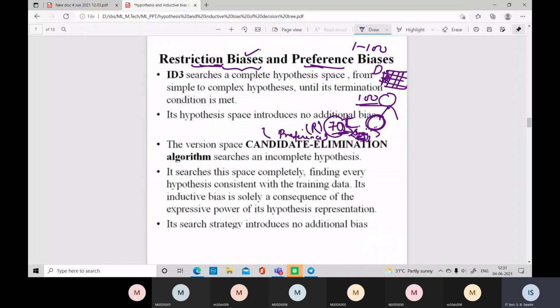Okay, so these two techniques we can also incorporate, but they are optional. If the data set is very large, we go for these restrictions. If the data set is large and you keep incorporating the restriction bias and preference bias, and you still reduce the number of instances for the left and right child, then the data will not be sufficient to generate the training data. So this must be applied only when the data set is very large.